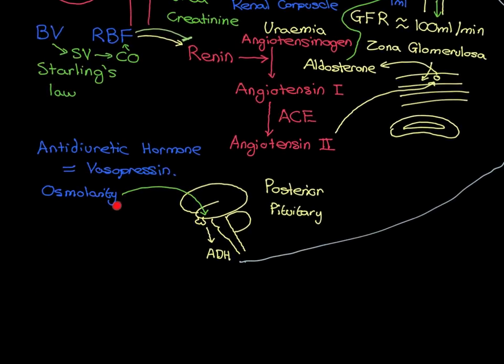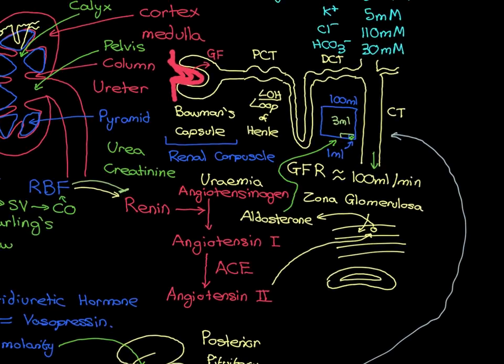So if blood osmolarity goes too low, which is something that we face every day, because when we drink a glass of water, that's going to reduce our blood osmolarity. So if osmolarity goes too low, that's going to be detected by the hypothalamus. The hypothalamus will tell the posterior pituitary to decrease the amount of antidiuretic hormone it's secreting below the basal level, and a decrease in the antidiuretic hormone in the blood is going to tell the nephrons down in the kidneys that blood osmolarity is too low, and what they now need to do is take up more of the electrolytes